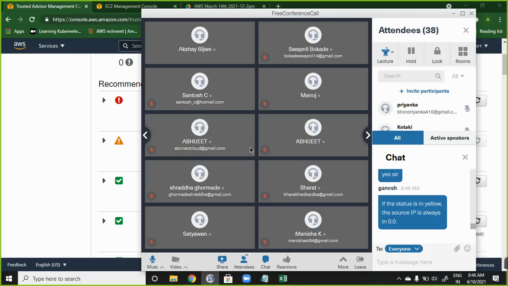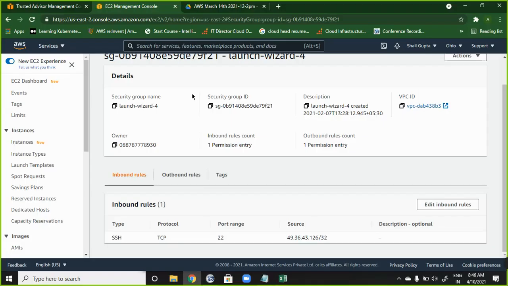Mostly, Ganesh, it is showing the risk, right? It is not only because of 0.0.0.0, it is because it is open for port 22. What is 22 for? 22 is to log in to the server, right?